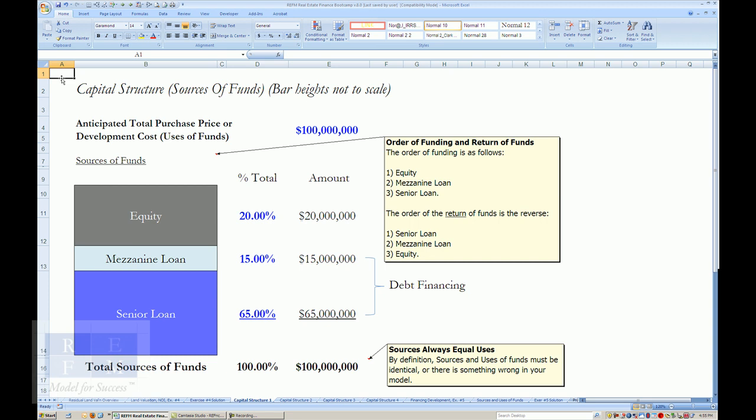The assumed proportions of these sources of funds are entered in column D, and the equivalent dollar values are calculated in column E. We note that the equity investors will often want to limit the entire equity investment to no more than 20% because it will be hard to make the equity IRRs they seek with much less than 80% debt financing,